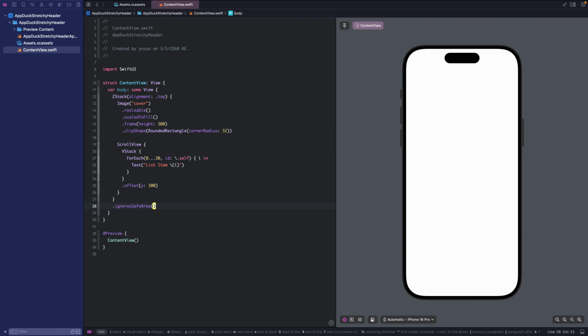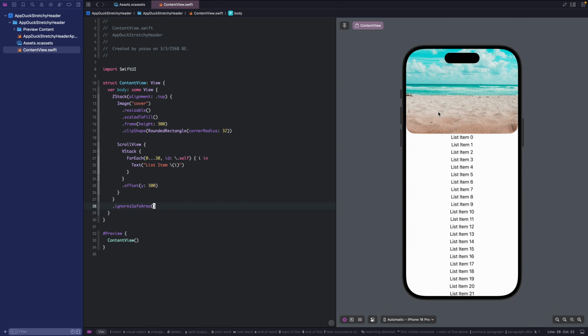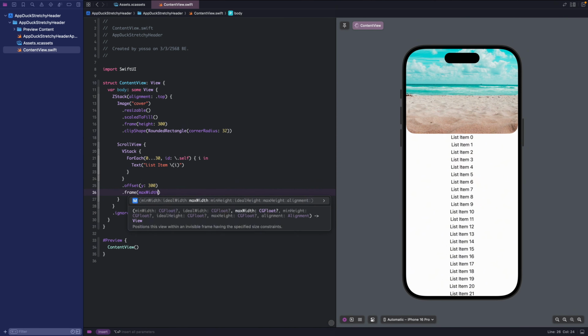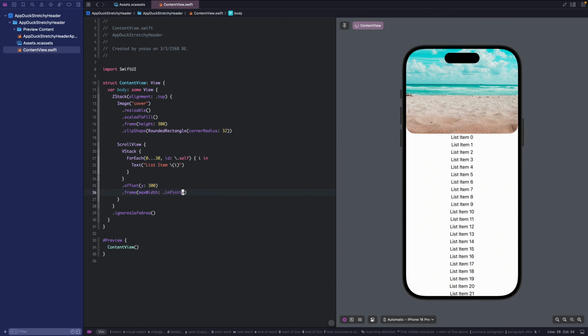Let's ignore the safe area. And set the max width. Okay, now we've got our UI ready for the stretching effect.